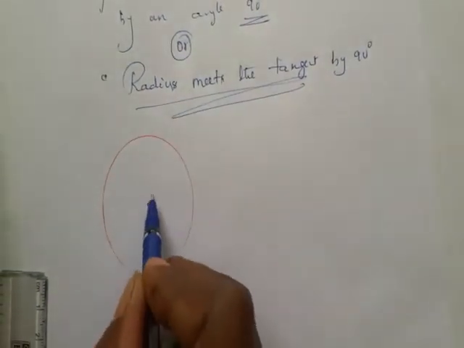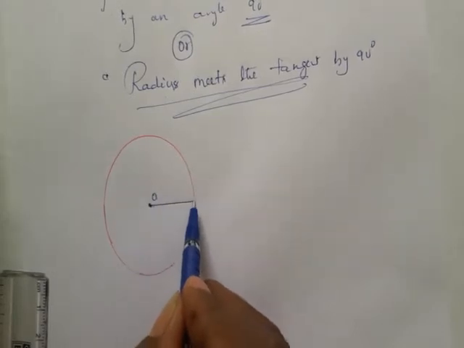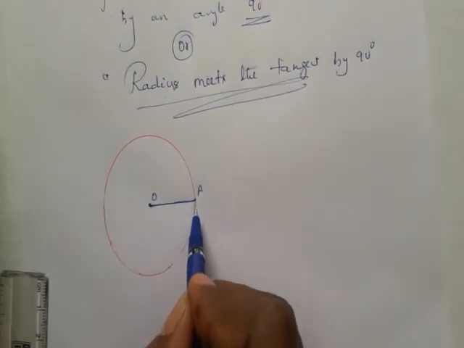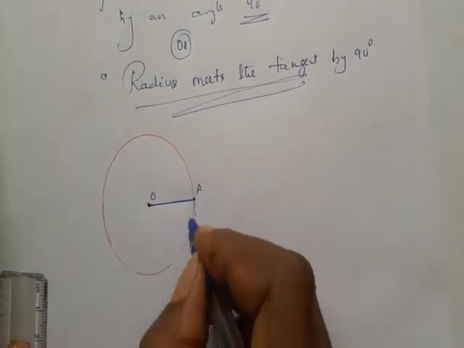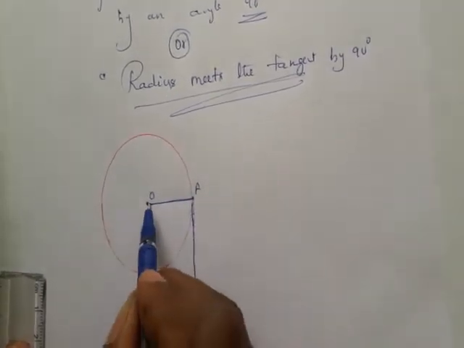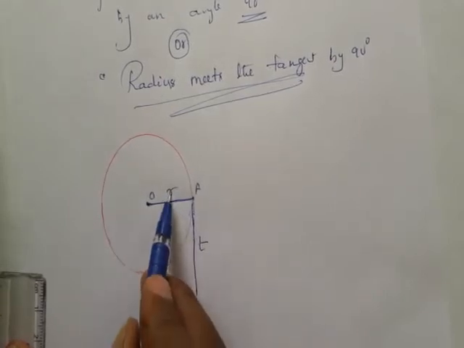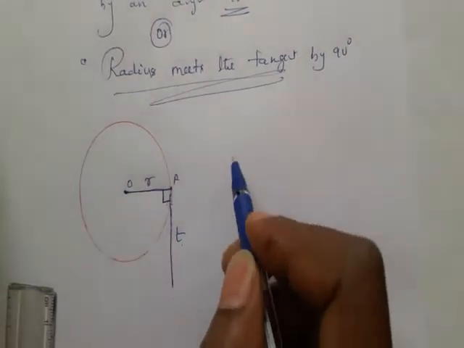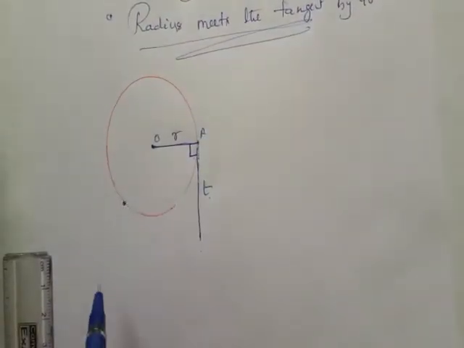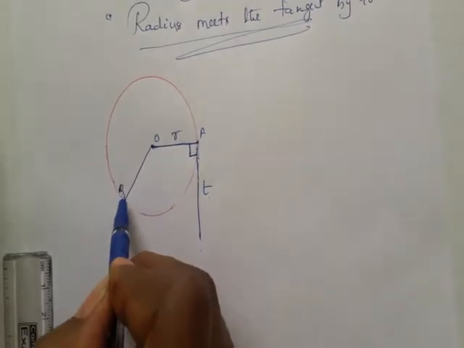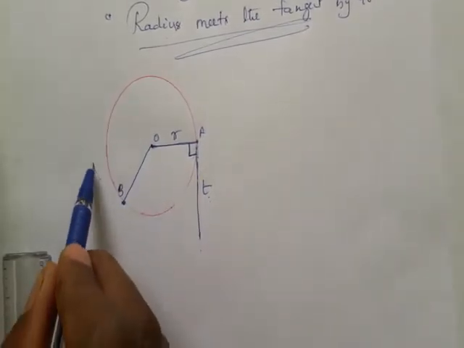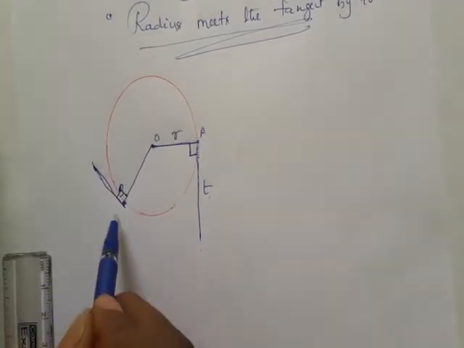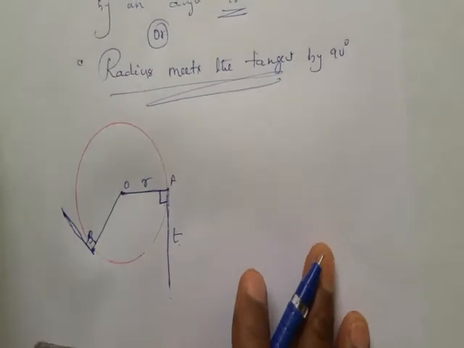Okay, this is the center of the circle. I draw here one radius, this is the radius OA, and I draw here one tangent like this. So it is the radius, it is the tangent. Whenever this radius and tangent meet, the angle measured is 90 degree. You can mark here one point, join this, name it as B. OB is radius, here one tangent you draw at B. Then what is the measure of this angle? 90 degree. So radius and tangent always meet by 90 degree.